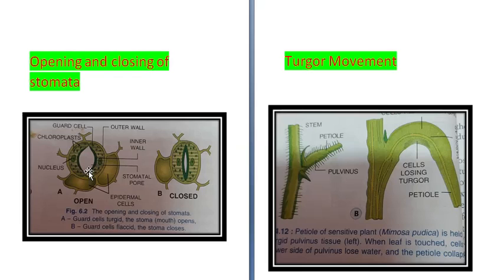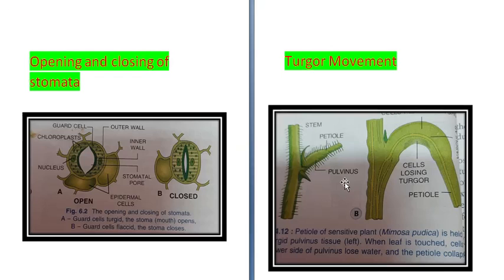Now because they contain chloroplast, photosynthesis takes place, glucose is formed, and chemical changes also take place. So because of that, the osmotic pressure of the contents of the guard cell increases, and they absorb more water from neighboring cells. So they become more arched outwards, the aperture becomes wide, and the stomata opens. At night, when there is a shortage of water in the leaf, the guard cells become flaccid, and the inner walls of the guard cells become straight, and the stomata is closed.